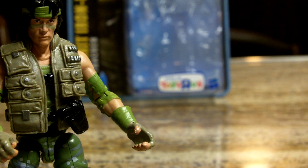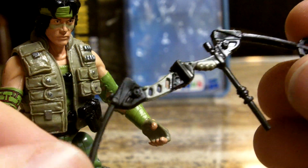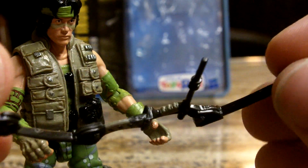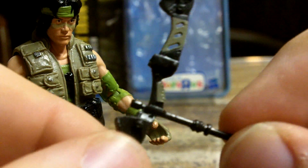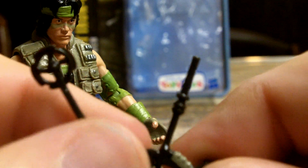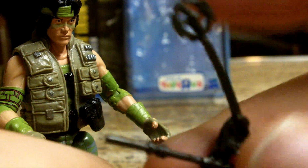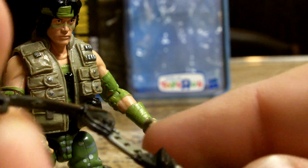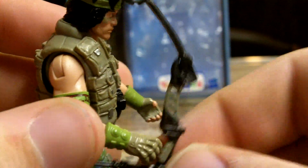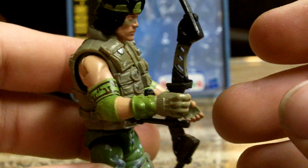The last set of things he comes with is a bow. Really nice looking, new age, I don't know, composite bow. I don't know what this part is right here. Maybe it's like a flashlight or a part to hold arrows in real life. It doesn't do anything on the figure itself, so I have really no idea. Maybe it's to steady your arm with, but it does have a nice little handle, and it does fit very well in his hand, which I would hope because this is his signature weapon